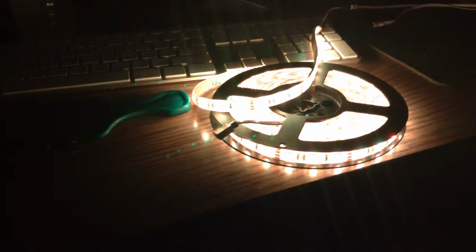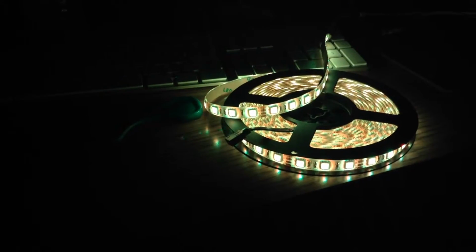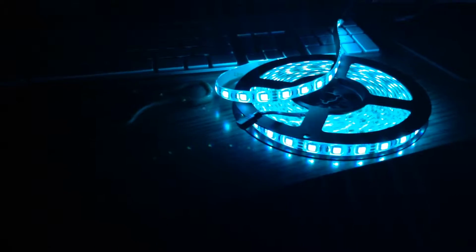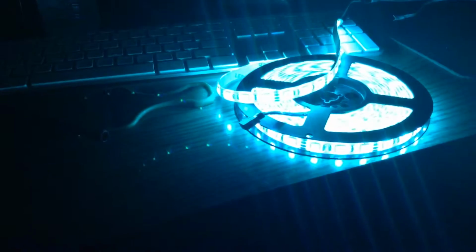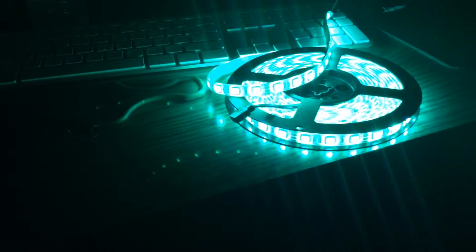Orange. It's got multiple colors over here, guys. I like this blue, though. Colors. Here we got all these different colors. Then we got